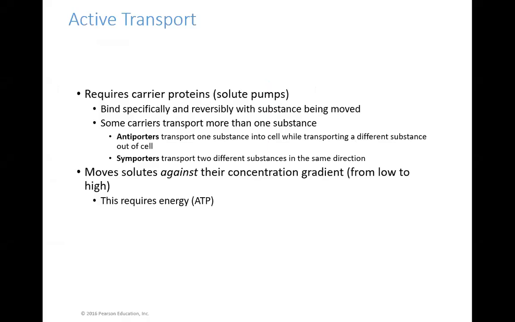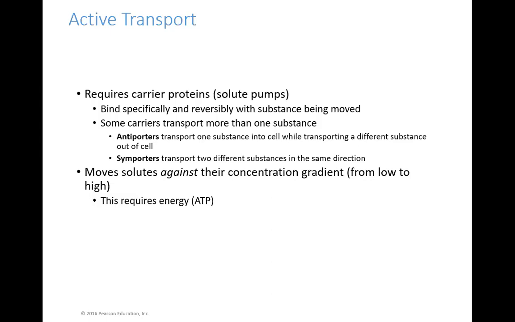Okay. Up until this point, we've been talking about passive transport. And cells love passive transport. Passive transport doesn't cost the cell anything. It's a free ride. Gases are a free ride. Water is a free ride, even though it has to use a special channel. Certain ions are a free ride. They come in and out of the cell all the time. The cells love that. When things go down the concentration gradient through diffusion or osmosis, or even facilitated diffusion, they love that because there's no cost involved. But sometimes